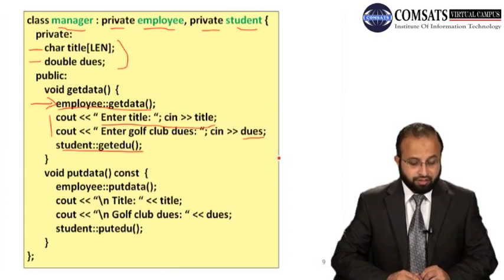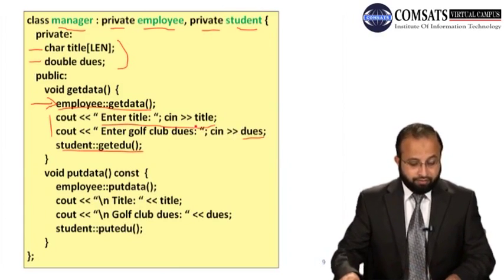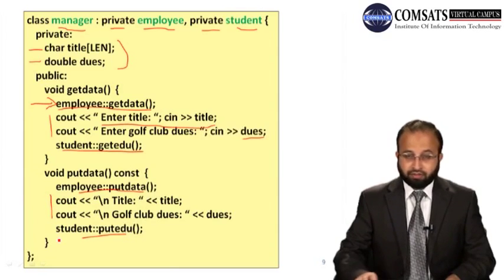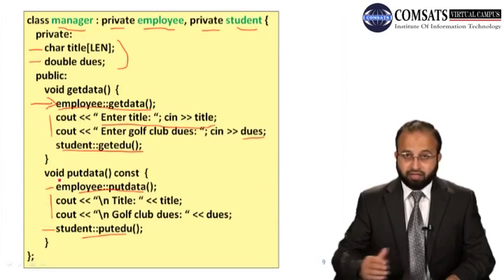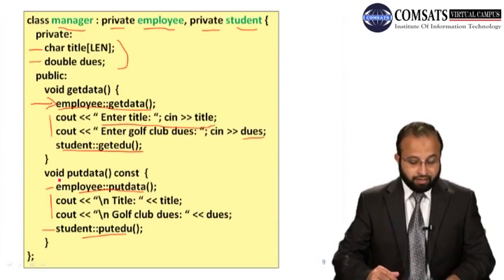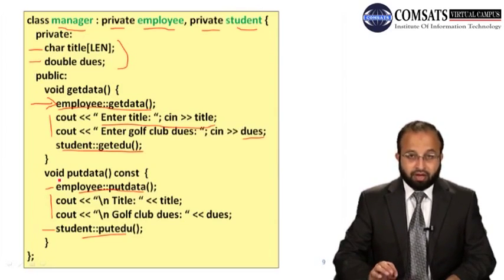And then put data function में सेम ही चीज़ हो रही है, फर्स्ट आप कॉल करेंगे पुट डाटा एम्प्लॉय का, and then put edu स्टूडेंट क्लास की, and then in between आपने इसको प्रिंट कर दी है। इसका कॉलिंग सीक्वेंस ज़रूरी नहीं है किसी तरह से हो, आप ये एम्प्लॉय को बाद में भी लेके जा सकते हैं, स्टूडेंट को पहले भी ला सकते हैं। So any sequence can be followed, right. So when you call a put data function of the employee class with employee,